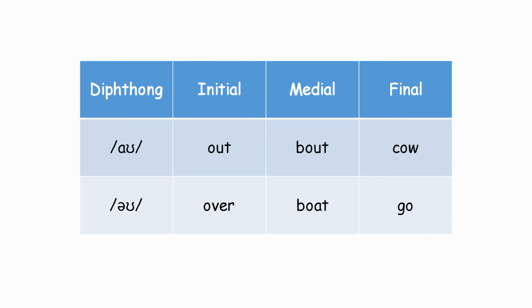Now this also happens finally in words such as GO. We say go. No, this is not go. It is go. Go away from here, like that. Go. Say after me. Go. Don't say go. Okay.